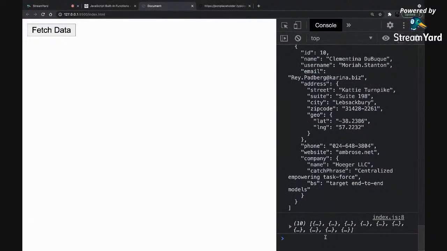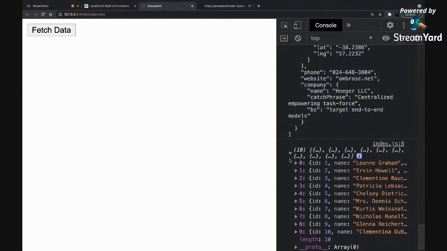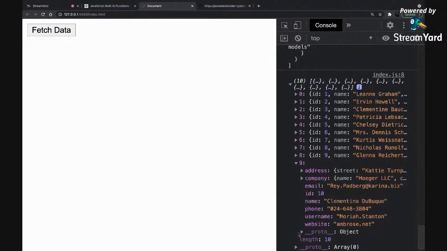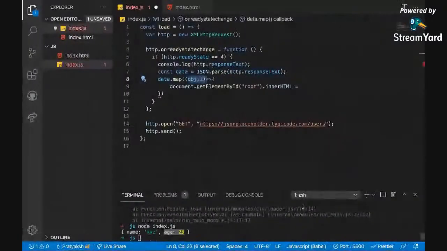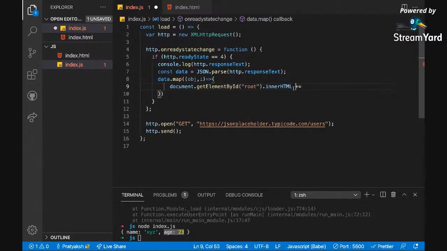But the second time something comes, it will override that, and the third time it will override that again. So if we just give a simple equal to, we'll only be able to see whatever is last. So instead of equals to, we'll say plus equal to. I hope you know what plus equal to is. If any one of you doesn't know, let me know and I'll explain it.